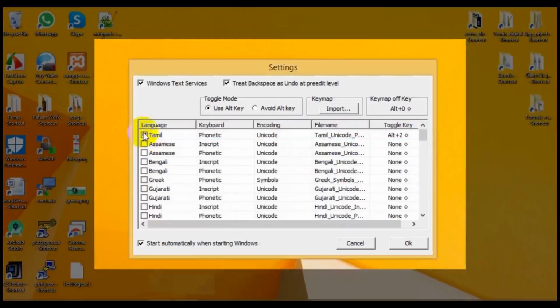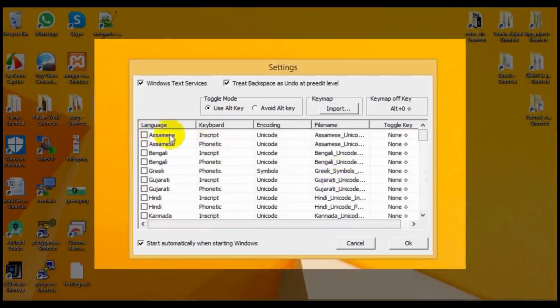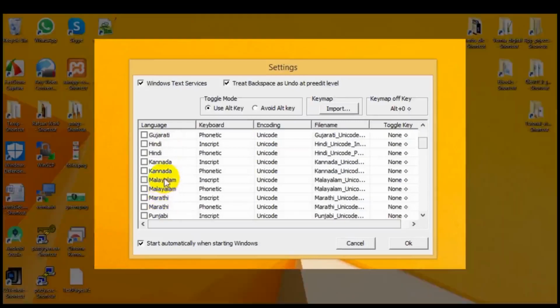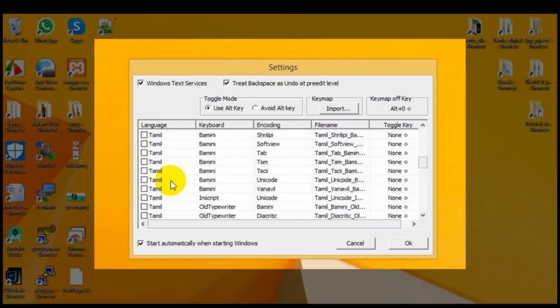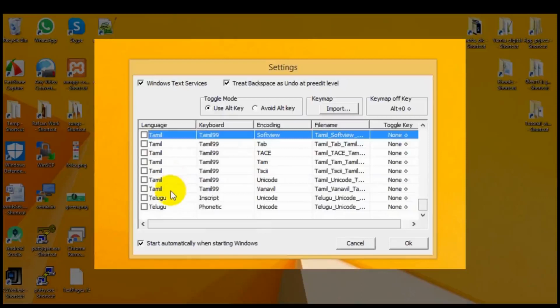I am disabling this option by uncheck. Here find Assam, Bengali, Gujarati, Hindi, Kannada, Malayalam, Marathi, Punjabi, Sanskrit, Tamil, Telugu. You can choose whatever you like, one or more languages.